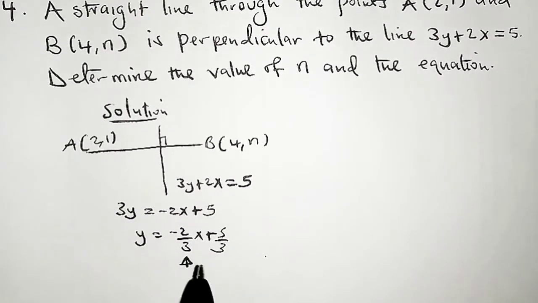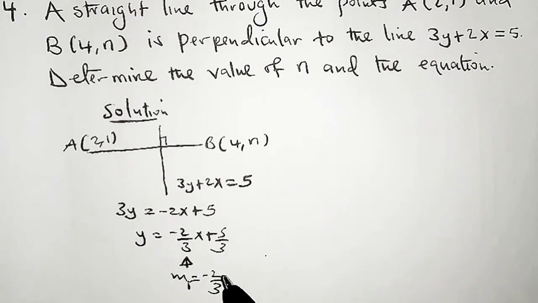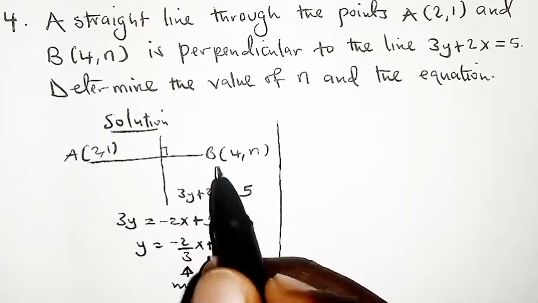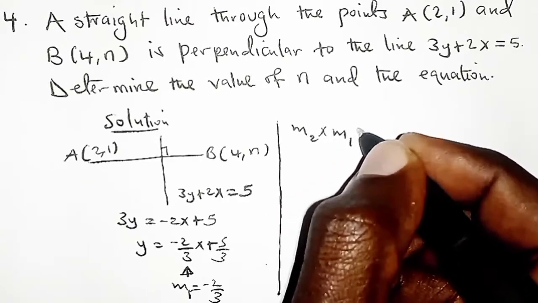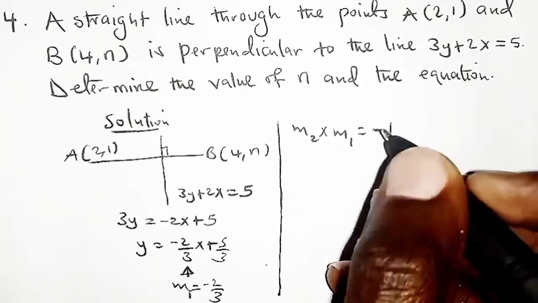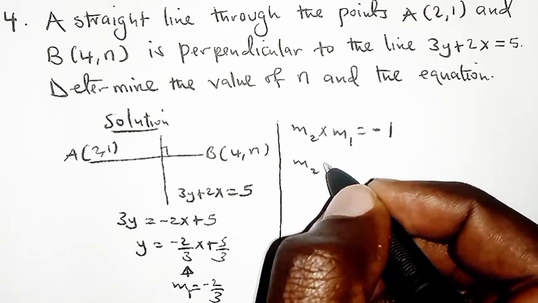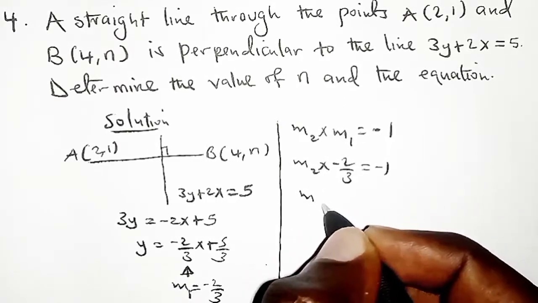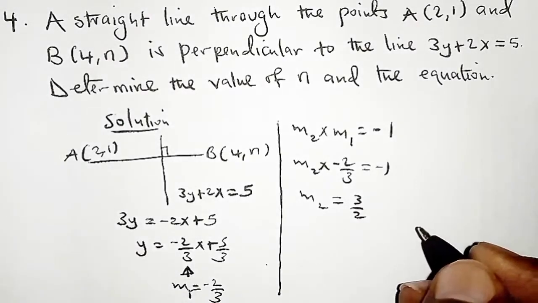The gradient of the equation is right here, -2/3. So let's call that line 1. So the gradient of line 1 is -2/3. So for line 2, which now is the line AB, its gradient times the gradient of line 1 should be giving us -1. That is because the two lines are perpendicular to each other. So we're going to have the gradient of line 2 times the gradient of line 1, -2/3, which is -1. That means when this is worked out, the gradient of line 2 should be 3/2. So using this